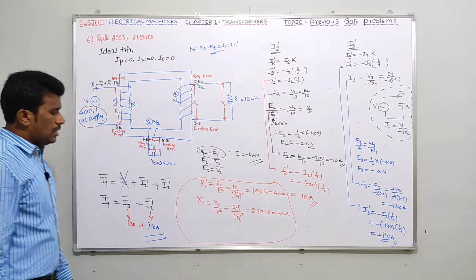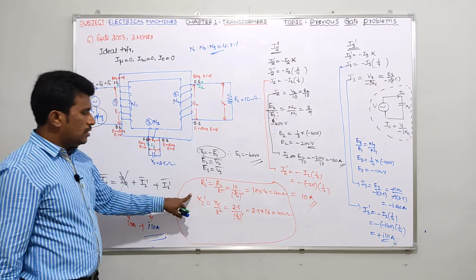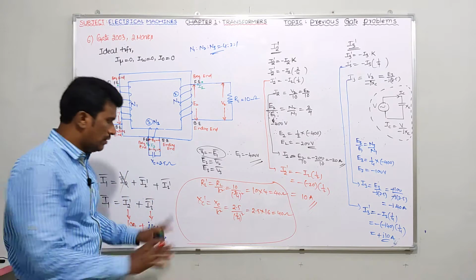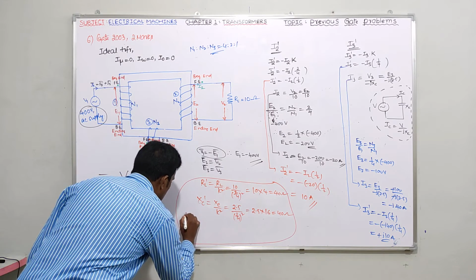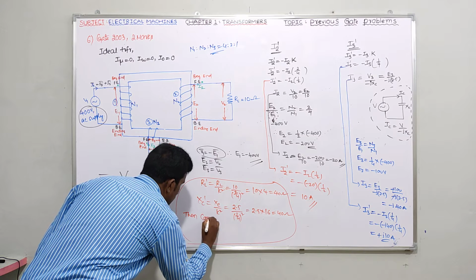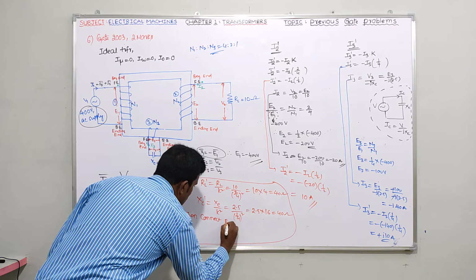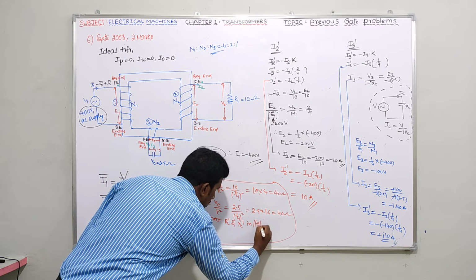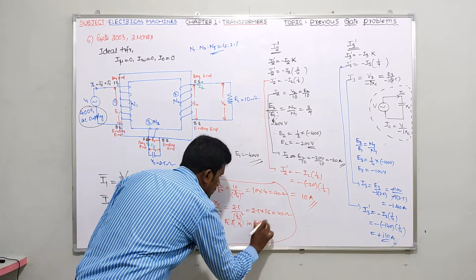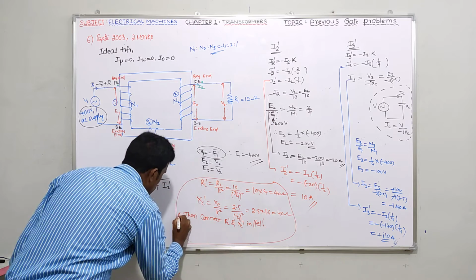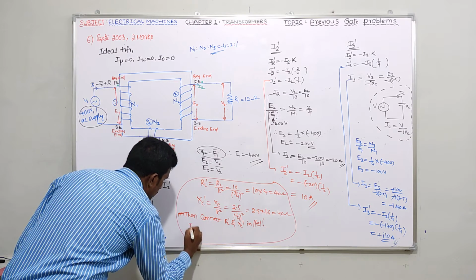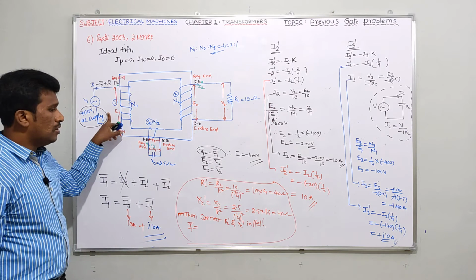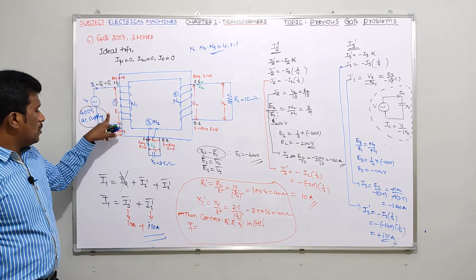Now you have to connect this RL dash and XC dash in parallel. Don't forget that. I will write that point also: connect RL dash and XC dash in parallel. That is a very, very important point here. Then you can simply answer I1 bar equals, I already referred this RL towards the primary, so RL dash. Here what is the voltage?